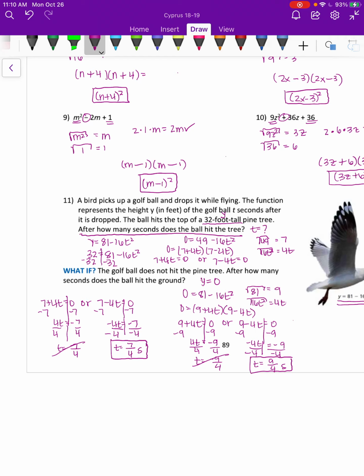So it takes a little bit longer to hit the ground, which makes sense, right? If it's going past the tree, it's not hitting the tree anymore, it's hitting the ground, it should take longer to get there. So this makes sense. So those are our two special patterns we're looking for, dots and perfect